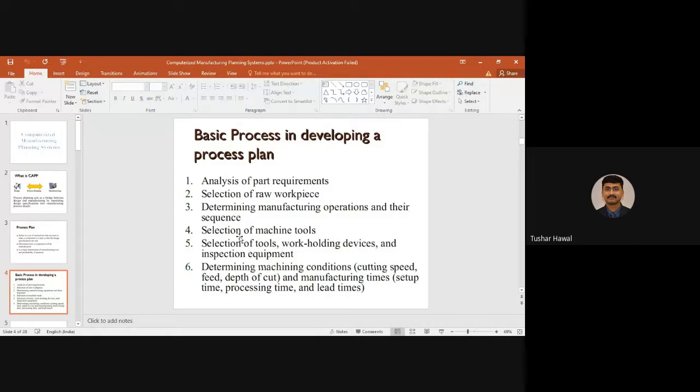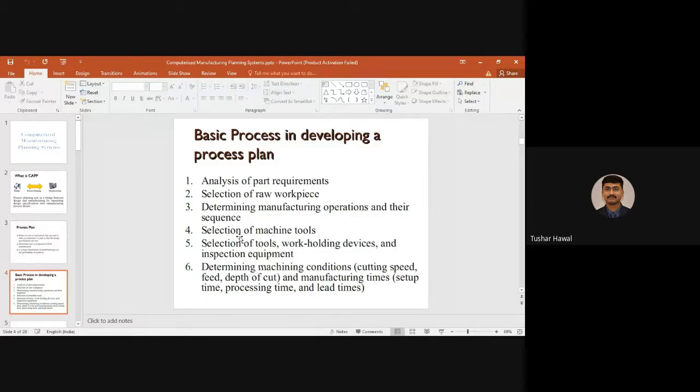The jigs and fixtures might not be available, because jigs and fixtures are very product oriented. As the product changes, you need different fixtures for every product. If it is a small quantity order, you cannot go for making jigs and fixtures with heavy investment. So these things you have to take care of.